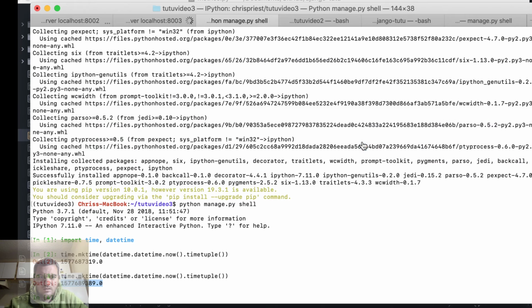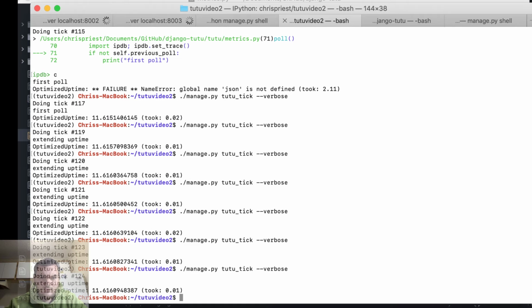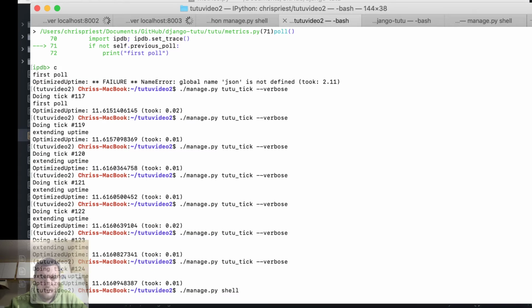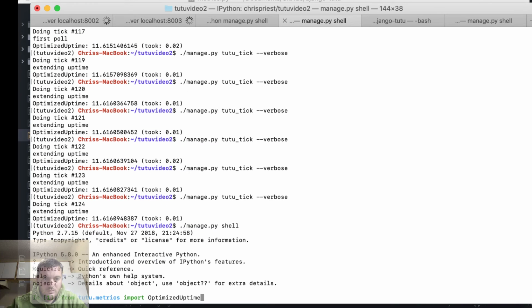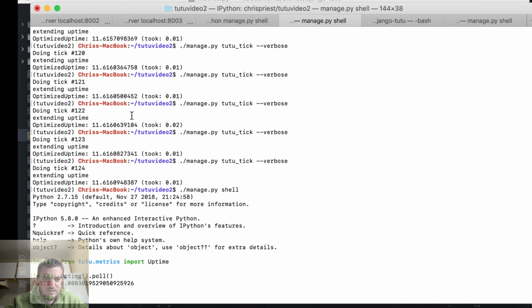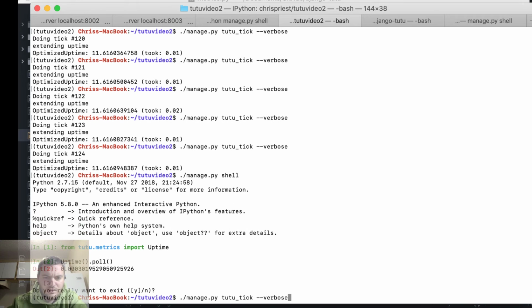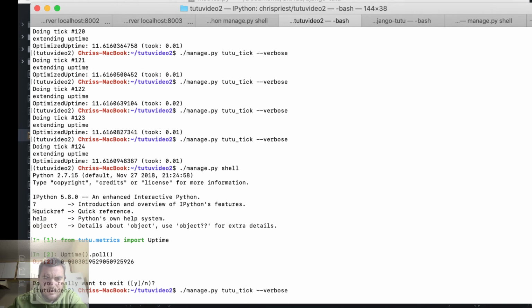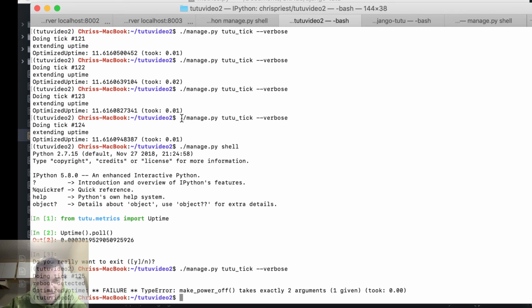Like that. And so now if I go show, it's going to say 0.000, which is to simulate what would happen after a reboot. And so now when I run this tick, okay,